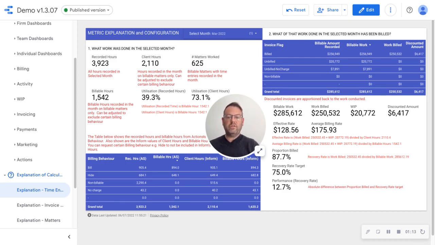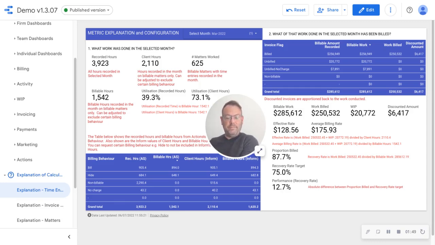But what we're doing here is we're defining them. And so you are able to see how they're defined and compare that to any existing reporting you do, compare that to Actionstep reporting you do within Actionstep or outside of Actionstep as a way of understanding the metrics. And we've done it here rather than a PDF so that you can select months and actually engage and interact with it. We've also done it here rather than in the specific dashboards and the specific reports, so that